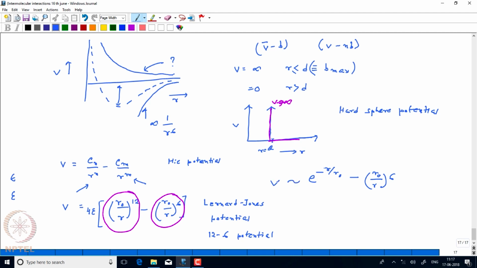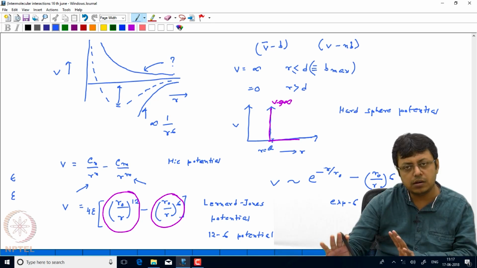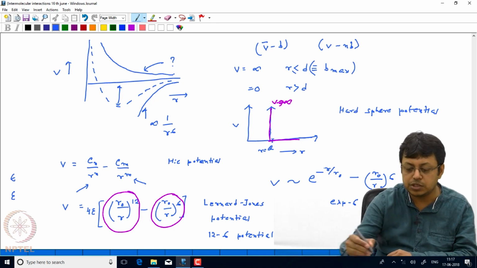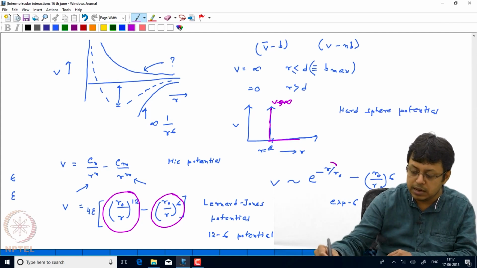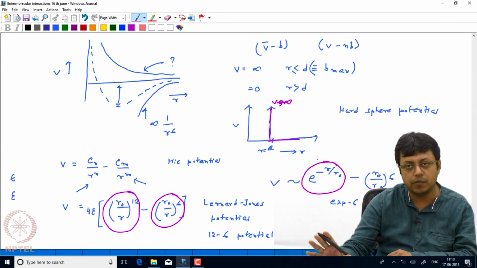If we have the potential of this form, this is known as the exponential 6 potential, because the first part is exponential, and then the second part is the 1 over r to the power 6 part. So, these are all different models, and this exponential potential is actually a better model of the